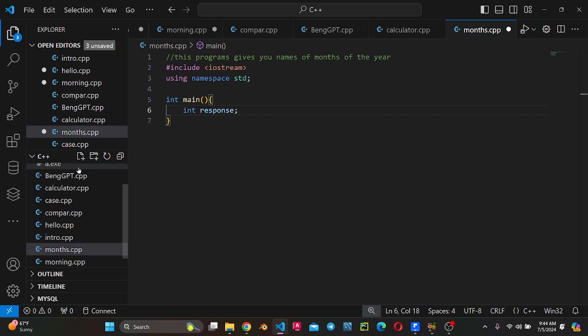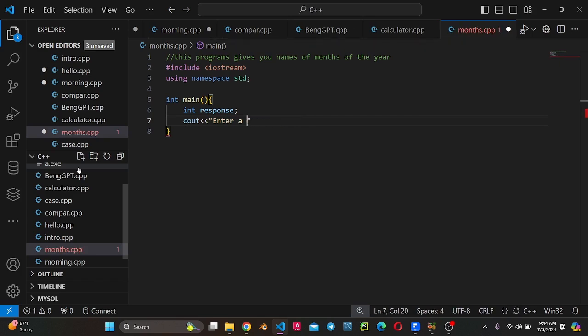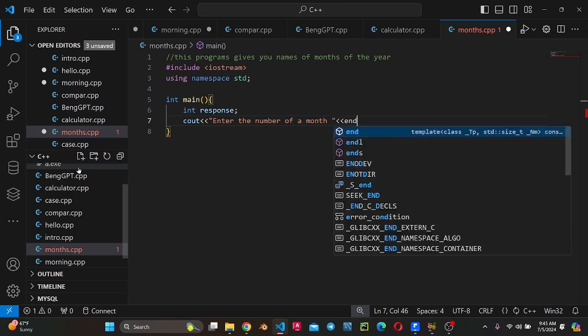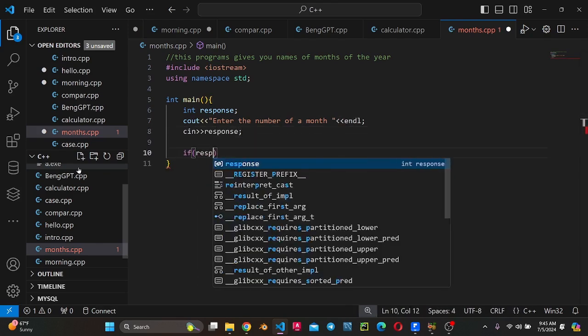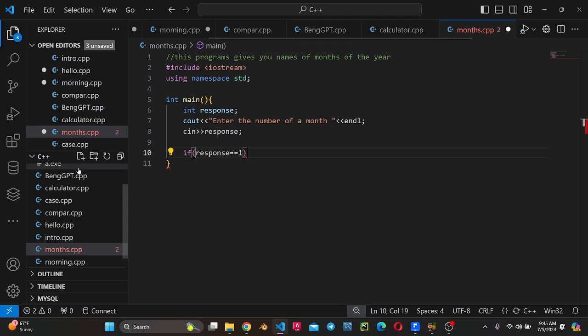So int response. We're going to ask the user, cout, enter a month, no, sorry, enter the number of a month. So all the user is going to do is just enter a number. So cin, they're going to enter their response, and then we start checking. So if the response is equal to 1, I'm going to say cout, the month is January,